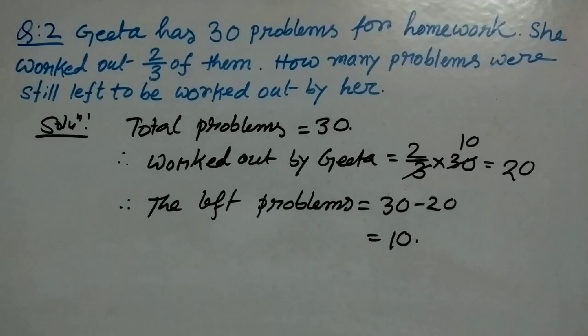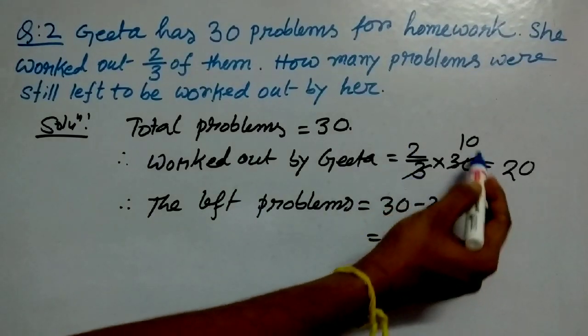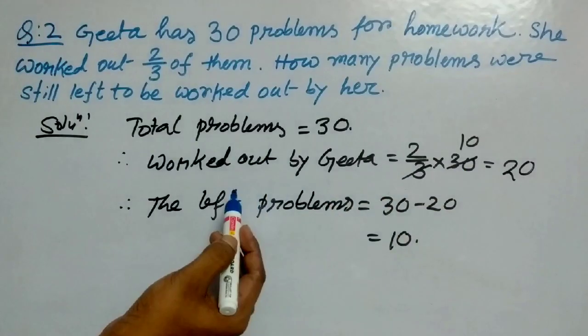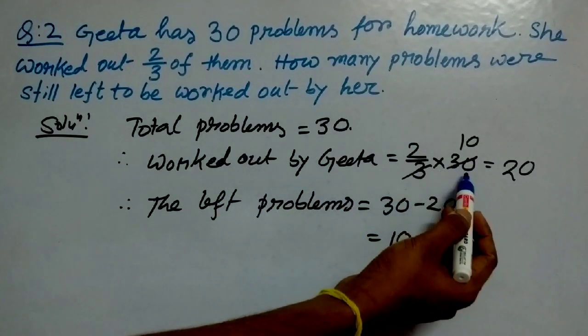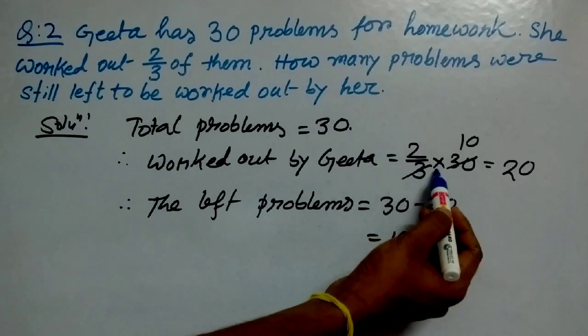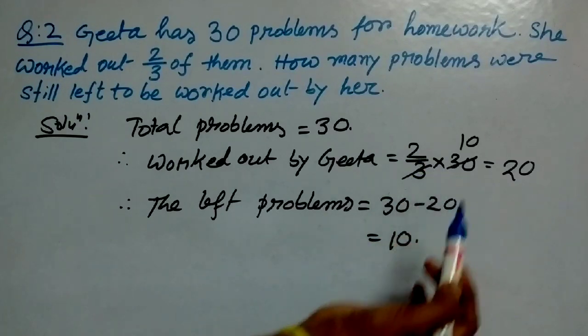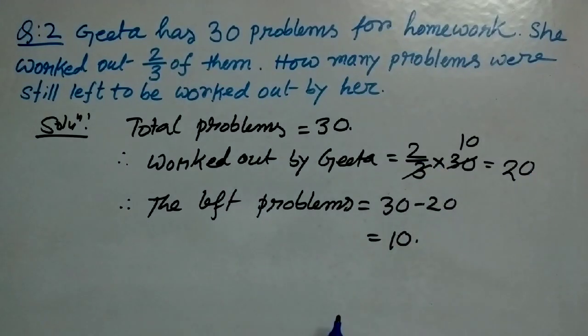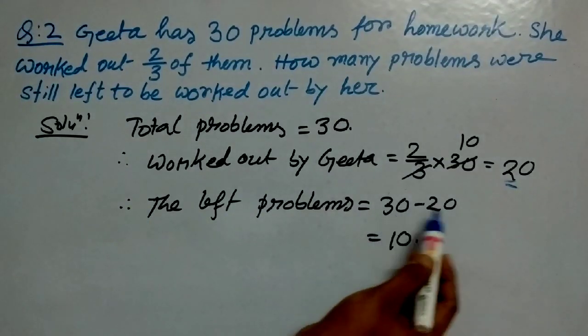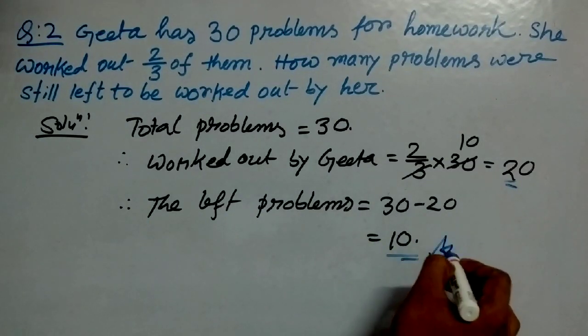Now see, as 2/3 of the total problem were worked out by Geeta, that is why we had written 2/3 into 30. Actually it is 2/3 of 30, and we know of means into. That is why 2/3 into 30, that is 20. So 20 has been worked out, and the left problems is equals to 30 minus 20, that is 10,